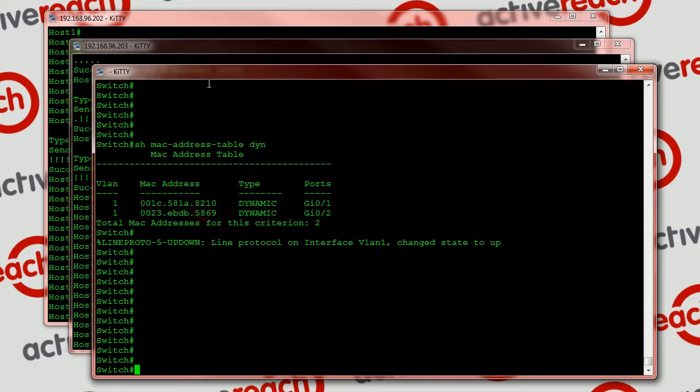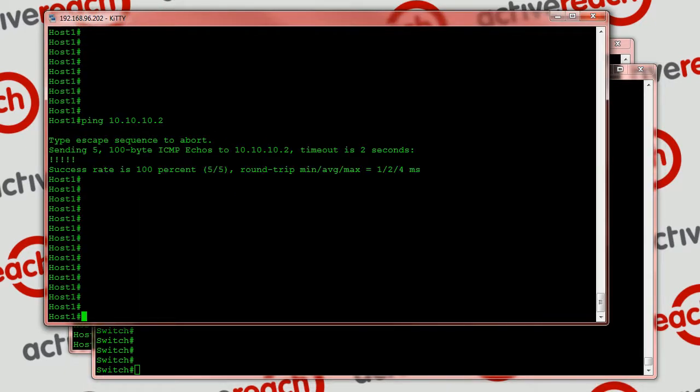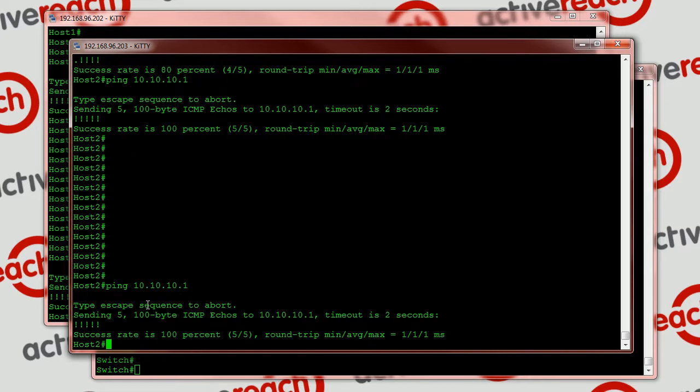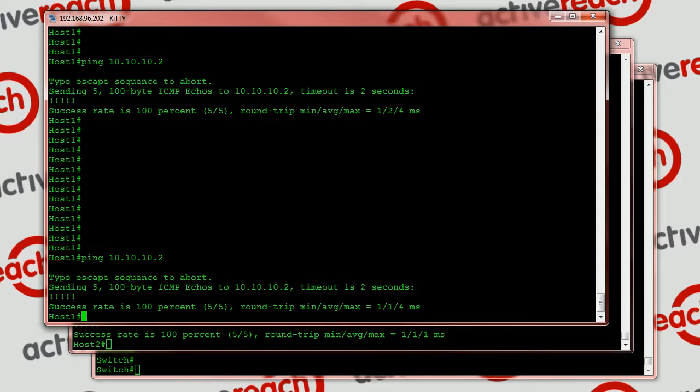And if we go over to host 1 and send a ping over to host 2, we can see that connectivity is working, and also from host 2 to host 1 we can see that IP connectivity is functioning as expected. So far so good. And if I disconnect the cable from host 1,